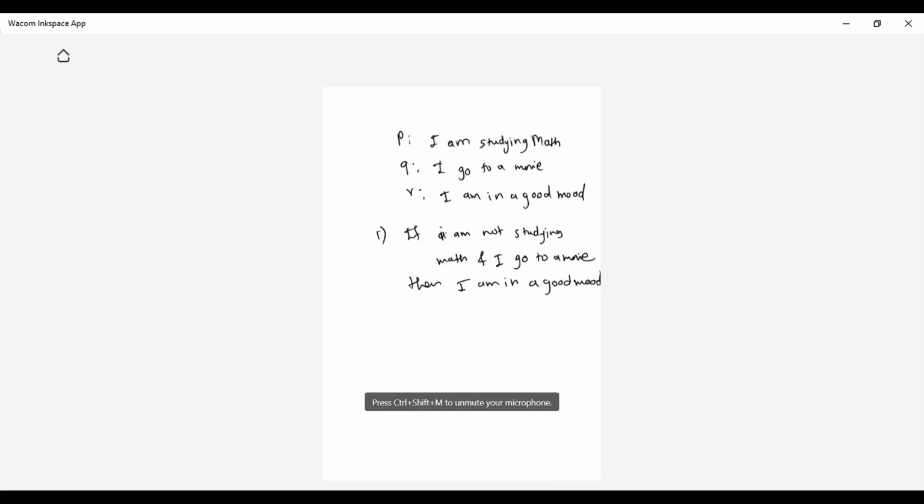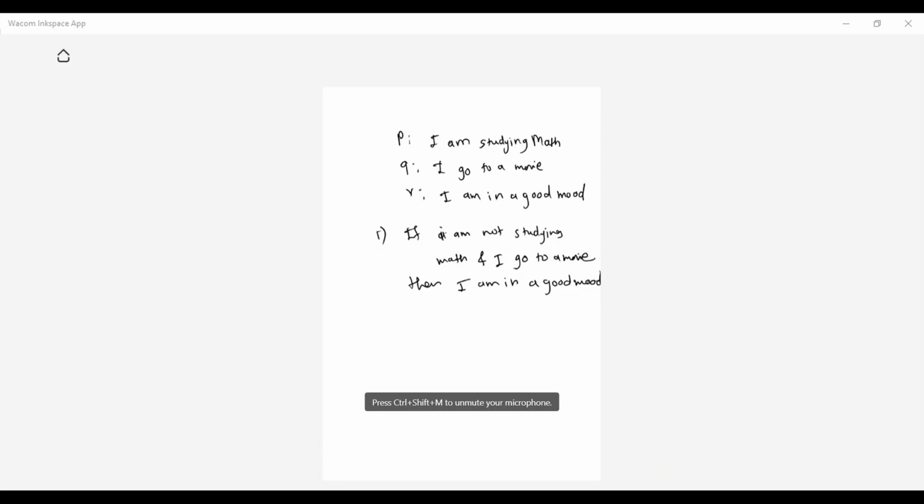Quickly write it down in symbolic form. P, Q, R are given. Negation P and Q implies R. Perfect. Quickly, everyone should do it. Okay, done.